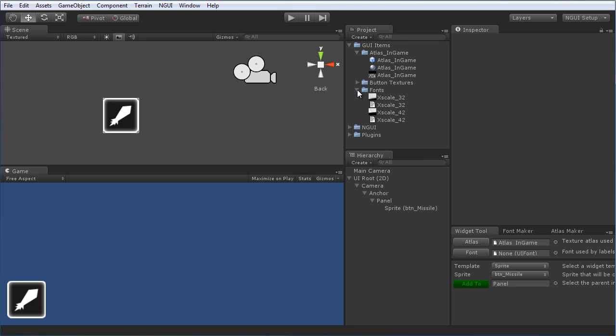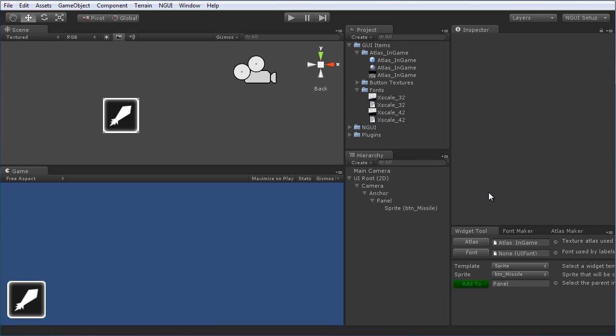In this case, we want to create the font and also drop it into our in-game atlas that we have, which means that we can save on draw calls because they'll all be packed into one single atlas, which just makes your game run a lot better, especially if you're worrying about making this game for mobile, like iPad and Android and such. So to do that,